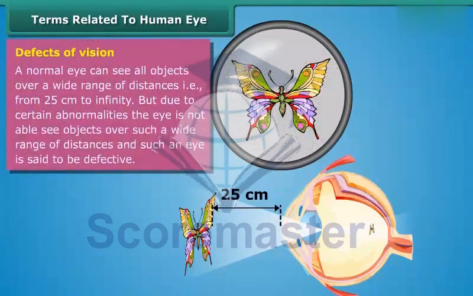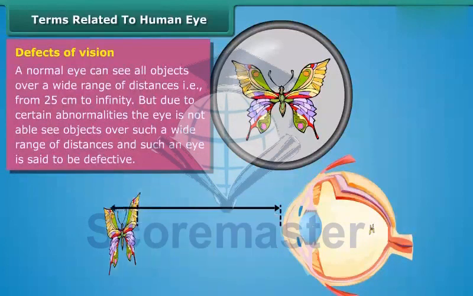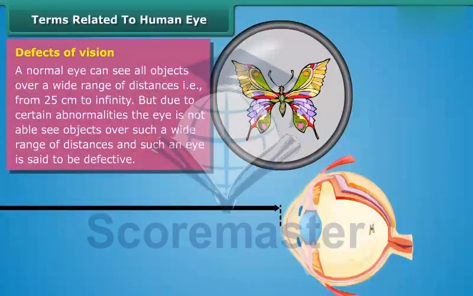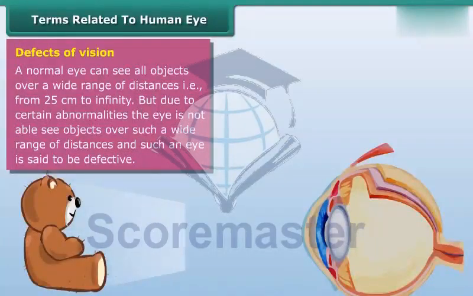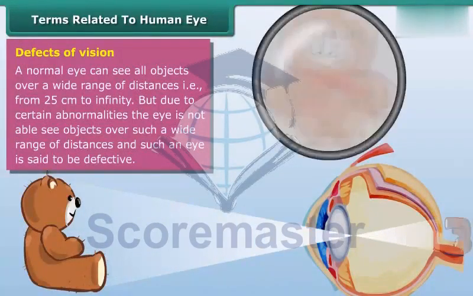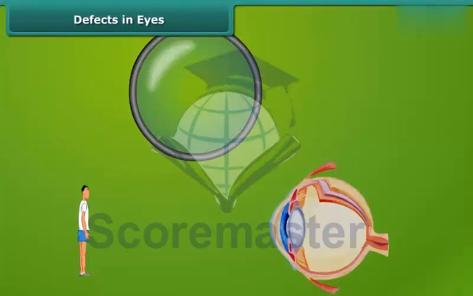Defects of vision. A normal eye can see all objects over a wide range of distances, that is, from 25 centimeter to infinity. But due to certain abnormalities, the eye is not able to see objects over such a wide range of distances, and such an eye is said to be defective. Some of the defects of vision are